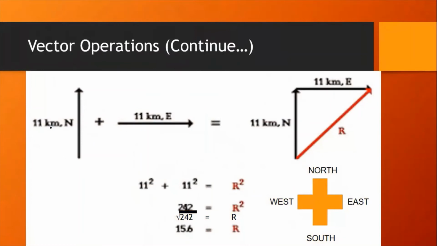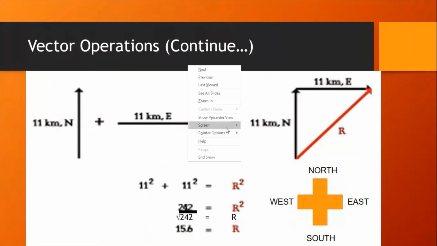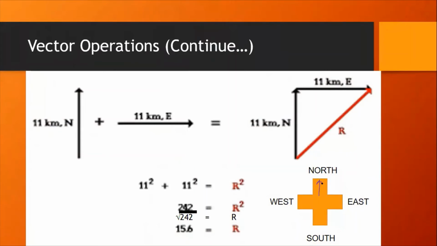So see, this is 11 kilometers and it is on the north side. You know that there is a picture over here, so let me show it from the picture. Let me tell you one thing: you can see this is the north, this is the upward direction, north, then there is east, these are the directions, and this is south. So 11 kilometers north, 11 kilometers upward, plus 11 kilometers east.